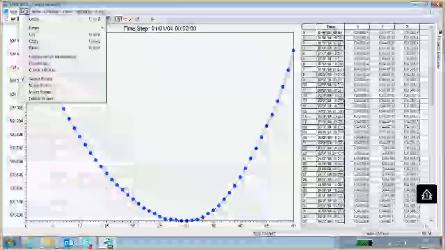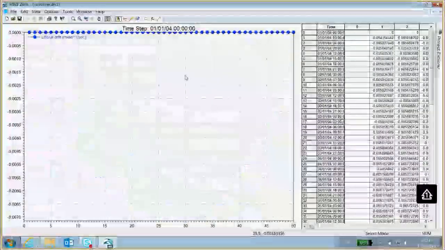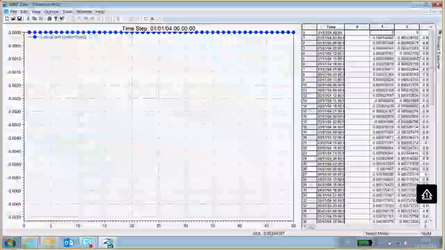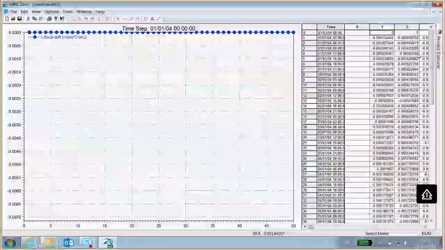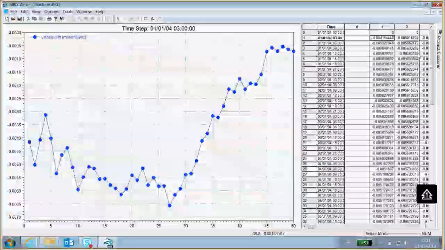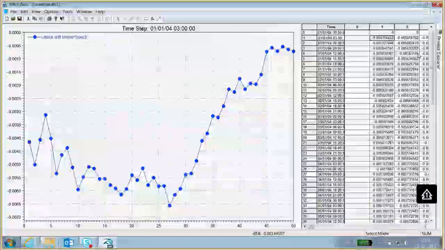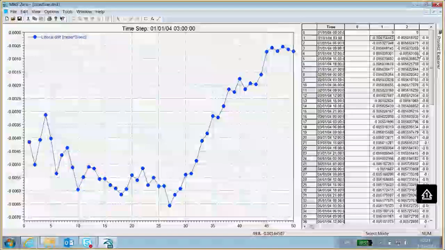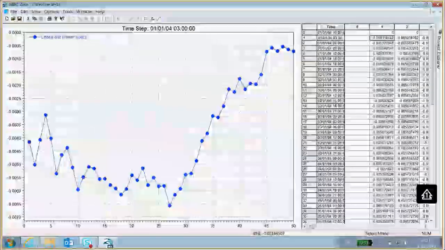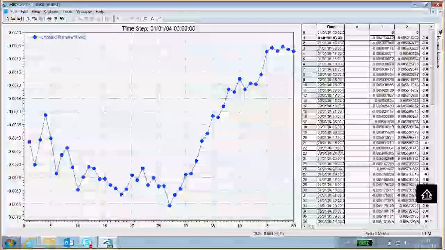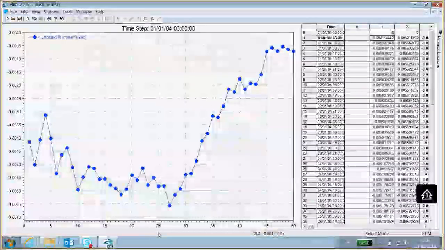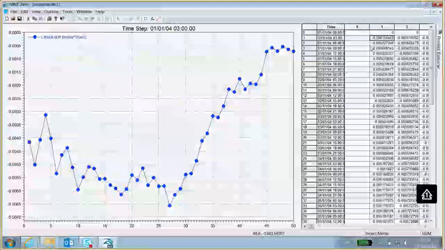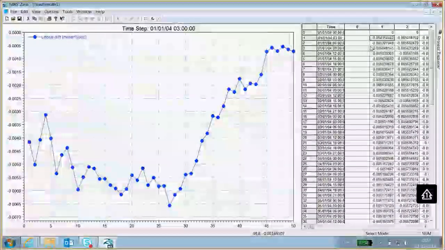So the first item we look at is the littoral drift. At the first time step there was no drift because there were no waves or anything, obviously. And then you can see this is the drift after 3 hours, for the first time step, and it has a lot of spikes in it. You have to remember the first point in this result file is located at the left end of the beach.